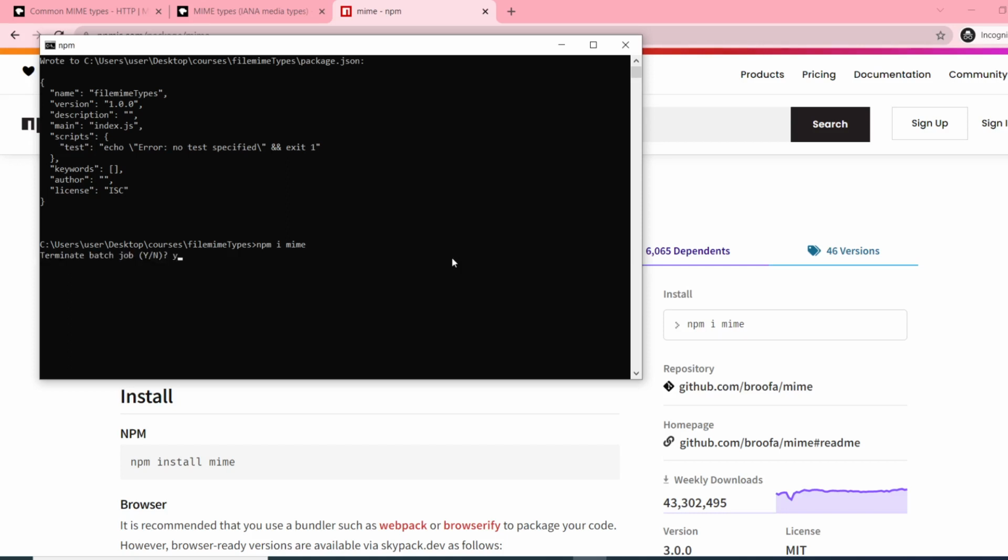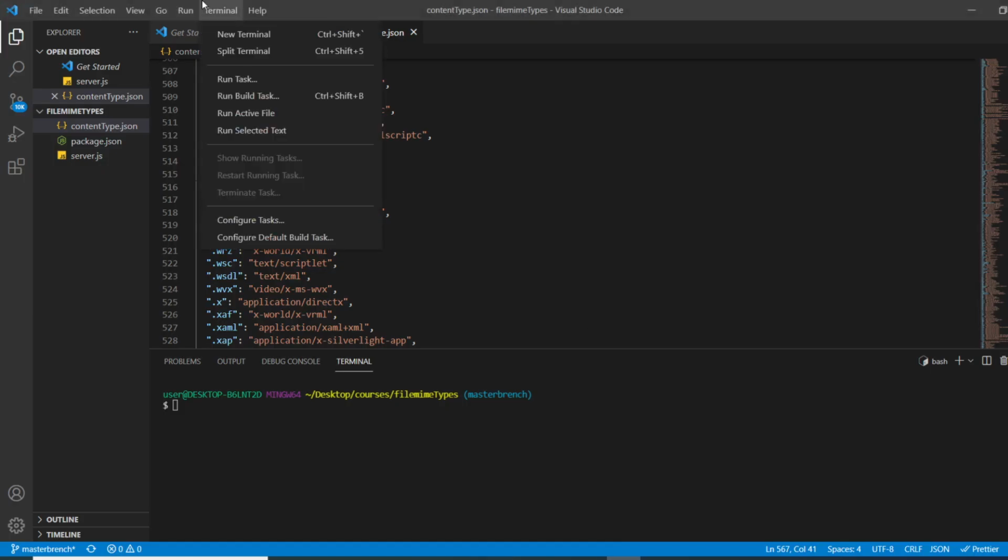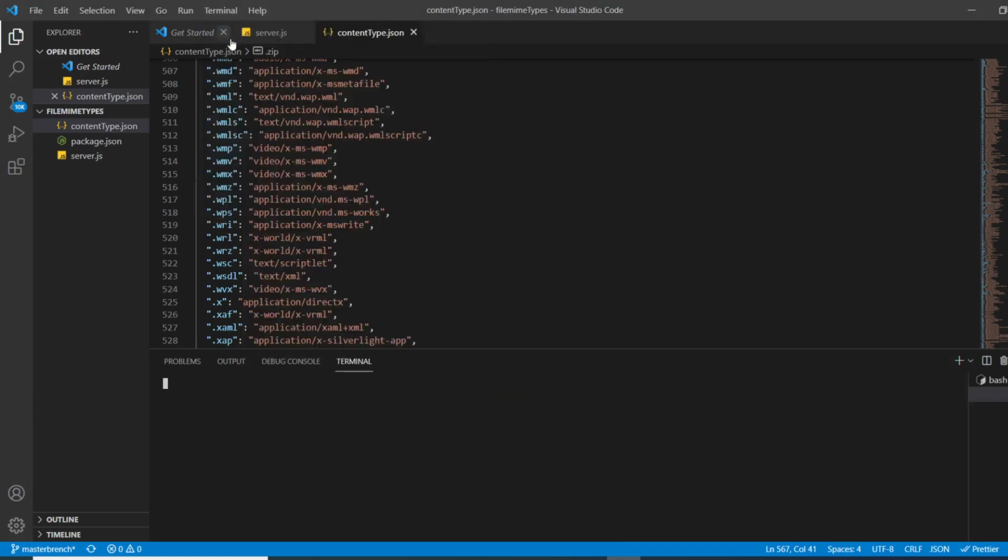Okay, it is working. Let me do this thing in the Visual Studio terminal. So npm i mime, come on, why are you taking too long to download it?